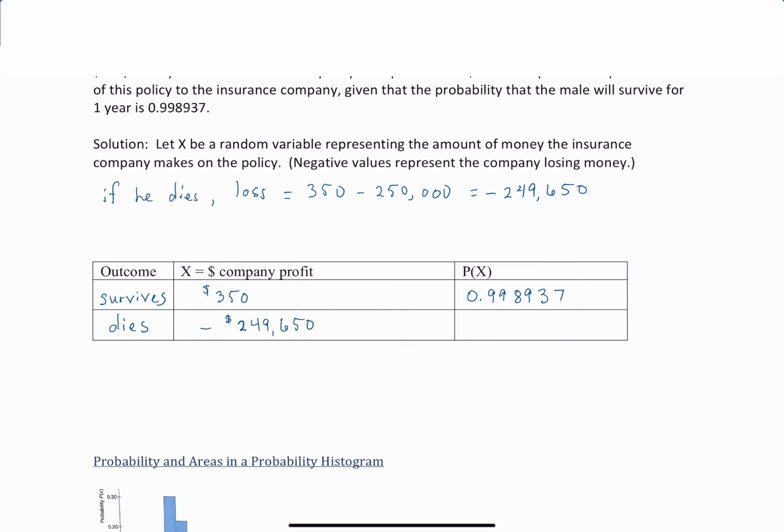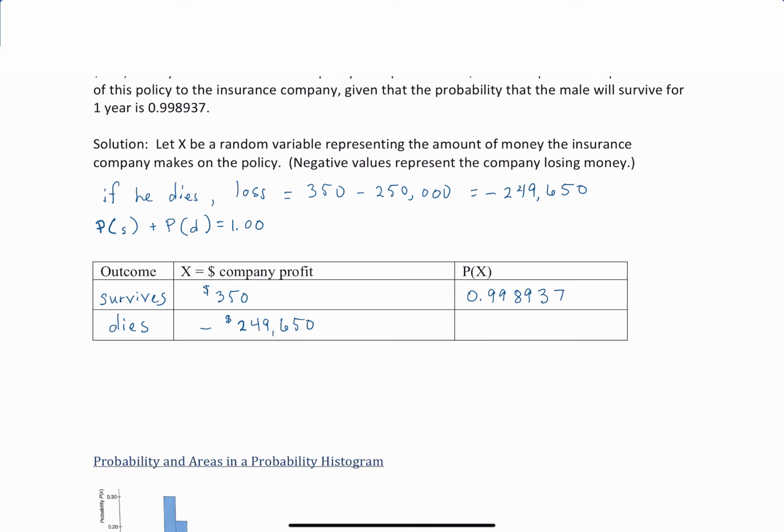What's the probability of that happening? Maybe you can see it would be 1 minus the other probability, but maybe not. So let's talk about that. I'm going to abbreviate the probability of survival as just P of S, and I'm going to abbreviate the probability of death as P of D. Now there's only two possibilities. Either he survives or he dies. So those two things have to add up to 100%, which I'm going to write as a decimal. In other words, there's a 100% chance that he either dies or he lives.